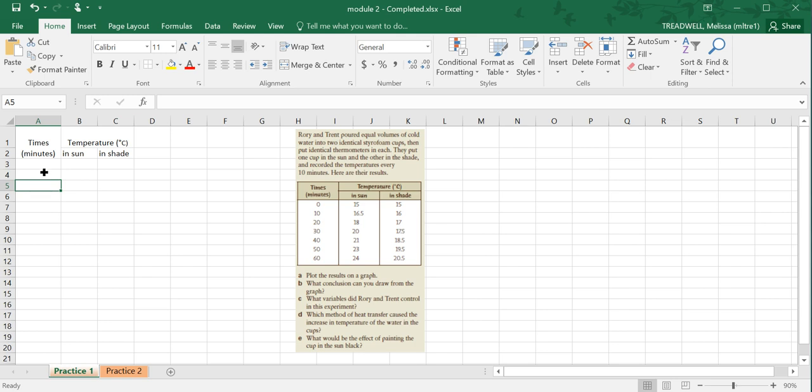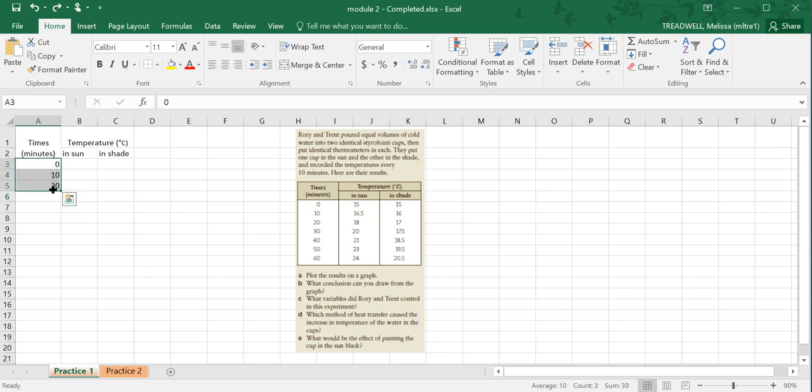The next thing we want to do is just write in 0, 10, 20, 30, 40, 60. Now that's fine to do. I can type it all in. However, if I had to go up to 120, 300, that could get very old very quickly. So what you can actually do in Excel is if a pattern exists, so you can see here a pattern is going up in tens, you just have to start that pattern for Excel,